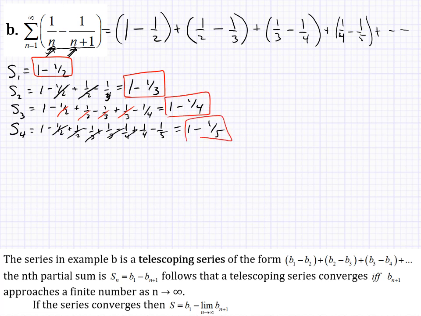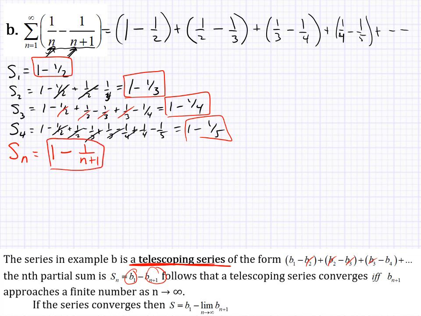All these inner terms end up canceling out. What we call this type of series is a telescoping series. When all the inner terms of the sequence start canceling, we refer to this as a telescoping series. So all you're really left with is the first term and the last term. So the sequence of partial sums for this one would end up being 1 minus 1 over n plus 1.